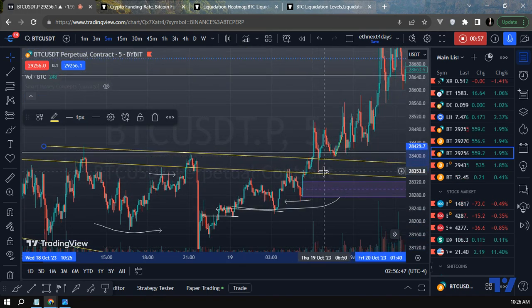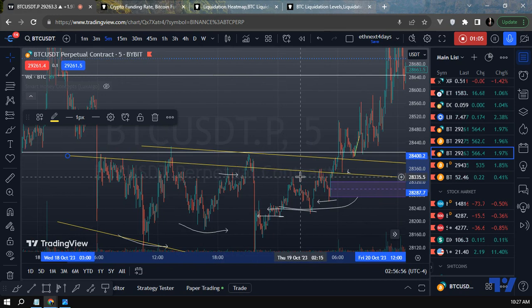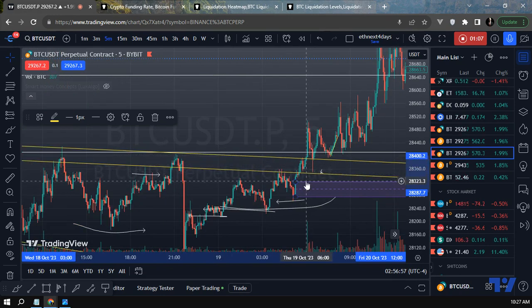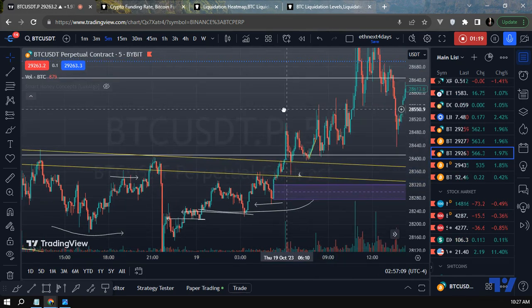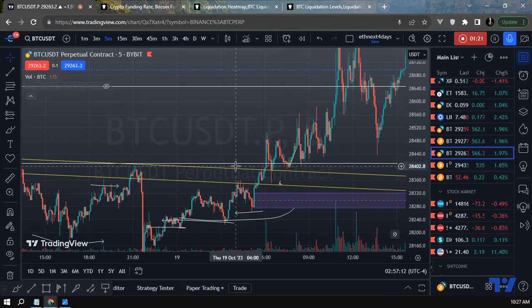We spiked up, then we came back down and retested it. Where did we retest? We retested the bottom one. This one was the one that shows this bearish structure. So if we came into it, that would have meant that the bearish structure is still in play. We did not come into it. That means we found our support here, and then we pushed it back higher. Obviously, we crawled a little bit here, then a little bit more consolidation, and then finally we went up.